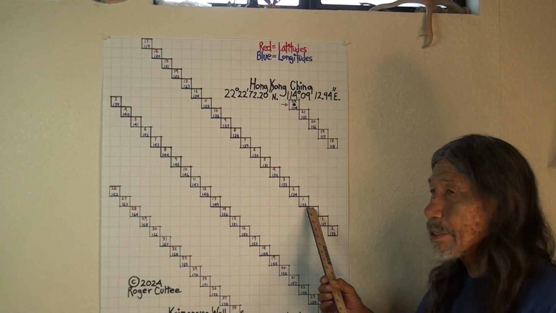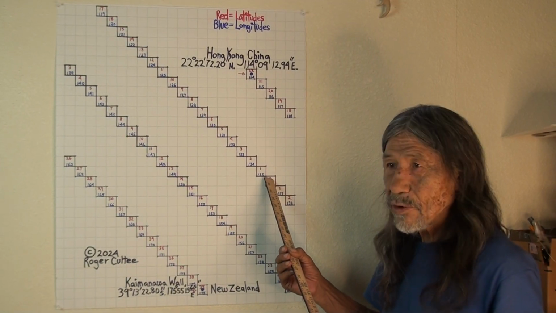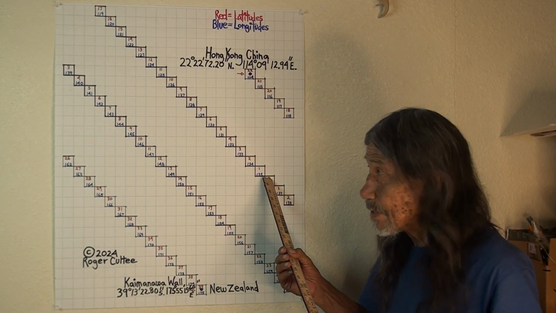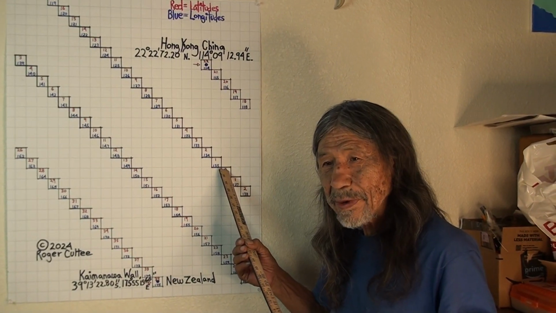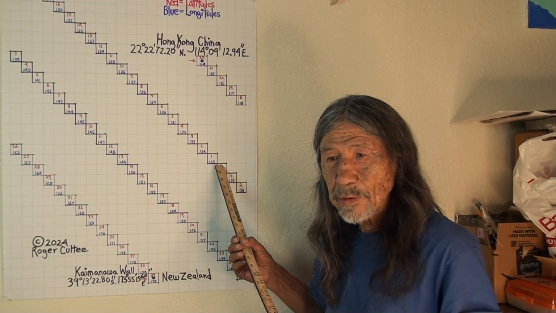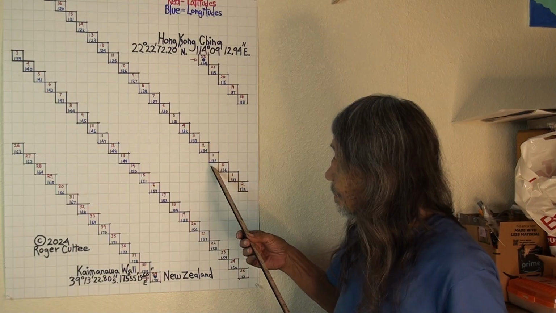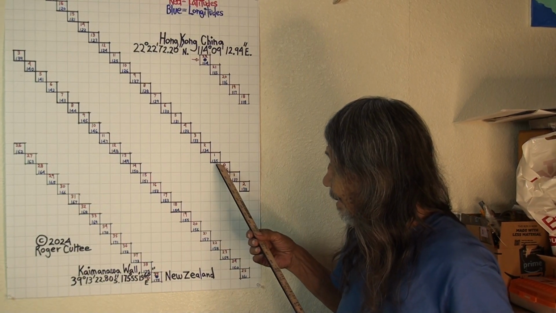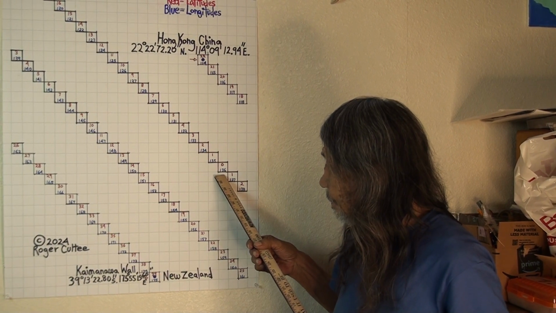The one thing I didn't mark on here was the important locations for islands, because the islands are very important to locate, which I didn't have time to do. With islands marked, there are places to get water, places to get food, and places to repair your ship if it's messed up, or your canoe if you're in that. But anyway, this is 0 degrees, in other words the equator, and 136 degrees